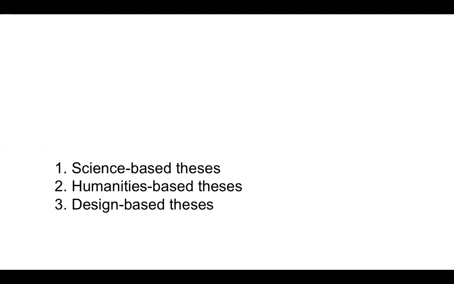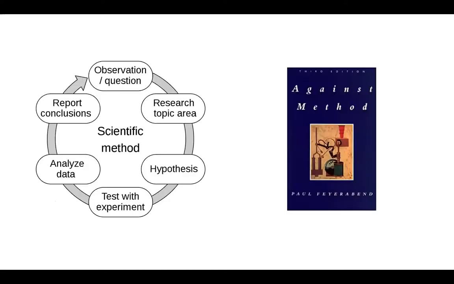A science-based approach, where you're working, let's say, in a laboratory condition, and addressing things in a very controlled scientific environment. Then there is the humanities-based approach towards research, which is much more literary in the way that it approaches things, and in many ways looser than the very strict constraints of the science-based thesis. And finally, something that I'm not going to address today, the design-based thesis, which itself has its own logic and its own rules. And one could even say that between these three different models, there are many other variations that fit between them in some way.